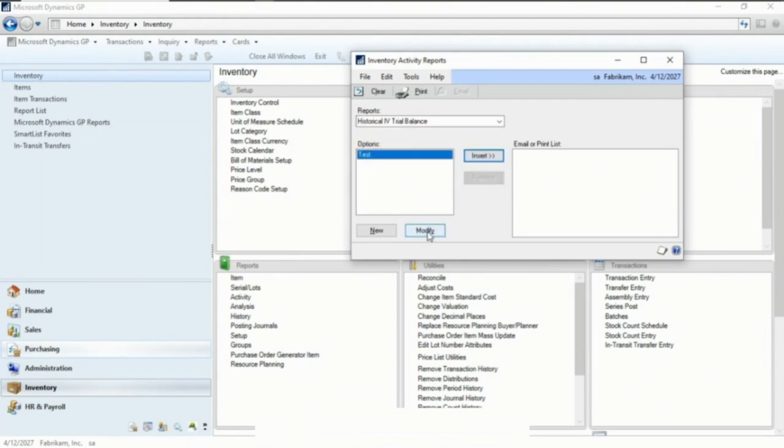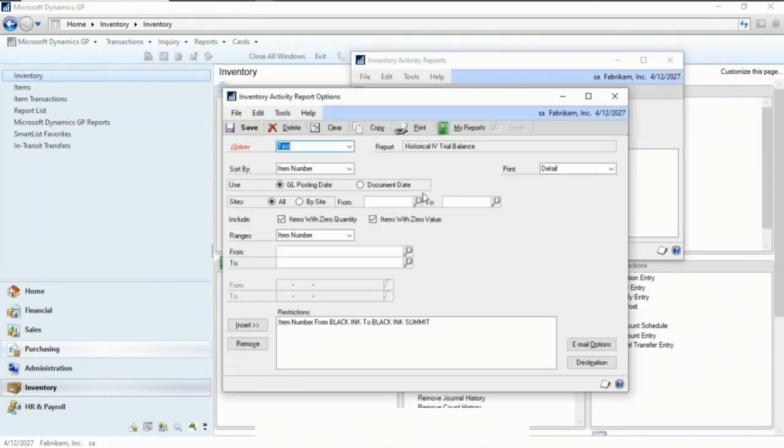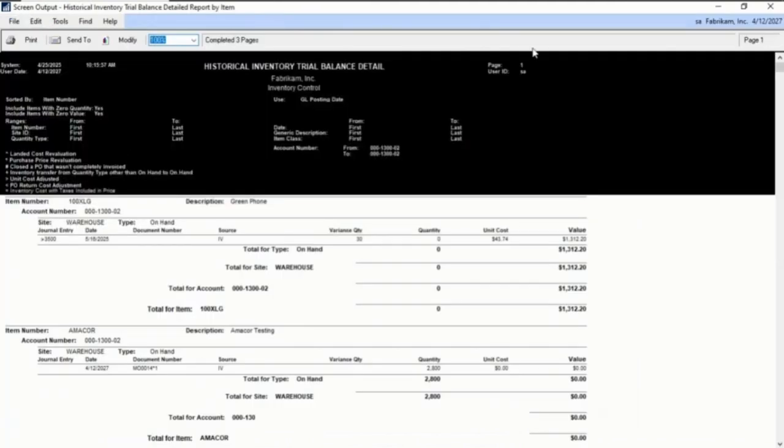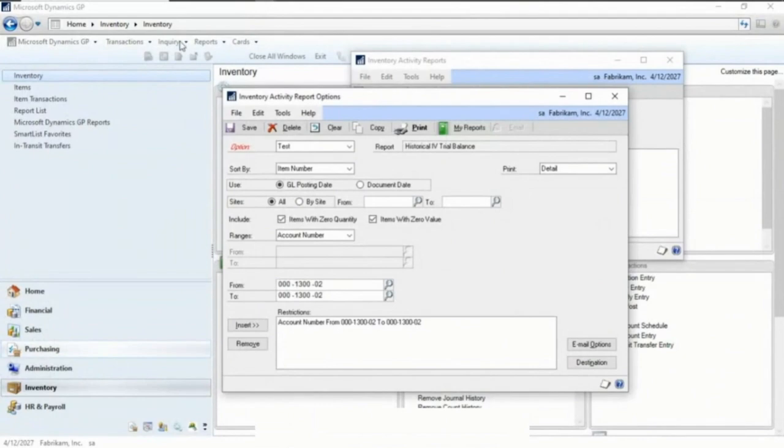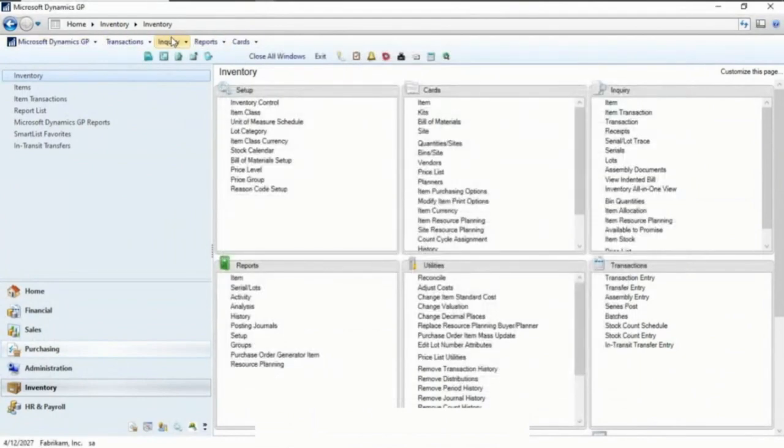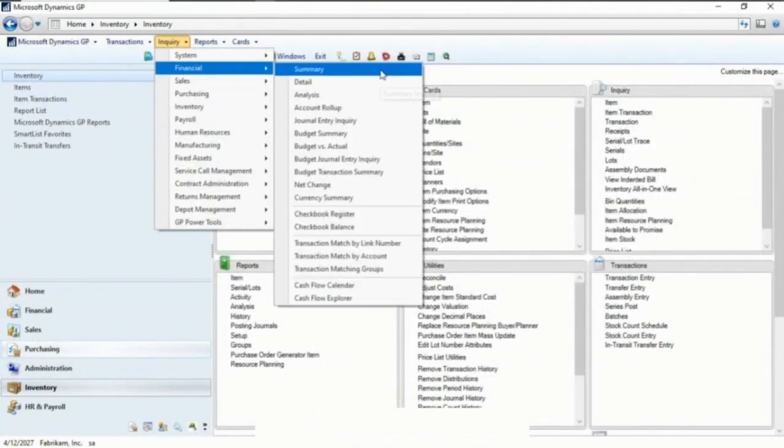I have one set up as a test, so we're going to modify that and print by account number. Before I print this report, I'm going to bring up my summary finance account for you so you can see what balance I have. So let's put this account number in here and insert. We're going to print that report, and while that is populating, I'm also going to run my inquiry finance